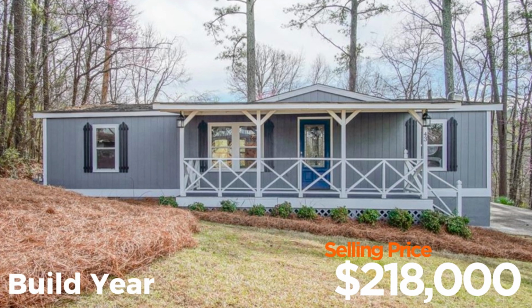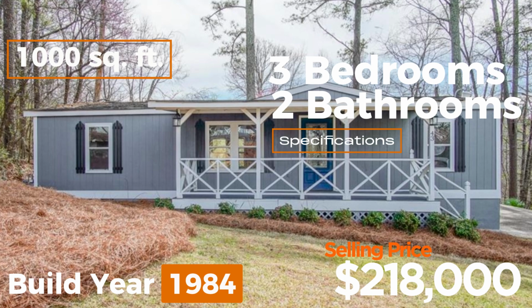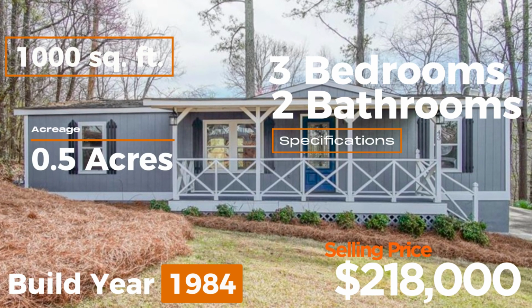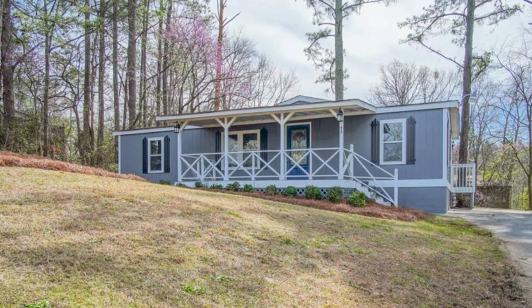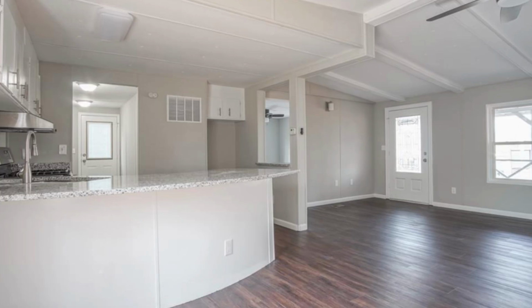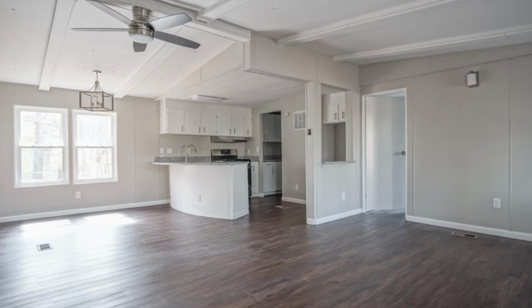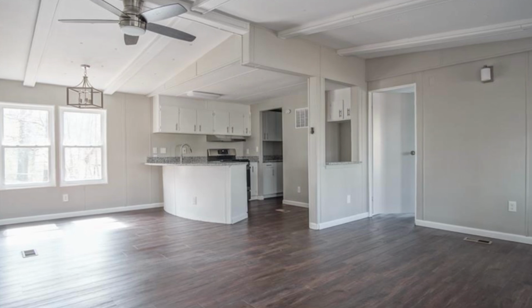$218,000. It's built in 1984. It's a 3-2, just over 1,000 square feet on just under half an acre, which is a good amount of land. Now, as you can see, this is a remodeled, refinished double wide. They added this really cute front porch, and as we walk through the front door, it welcomes us into this really open concept with the living room open to the dining room and open to the kitchen, which everyone just